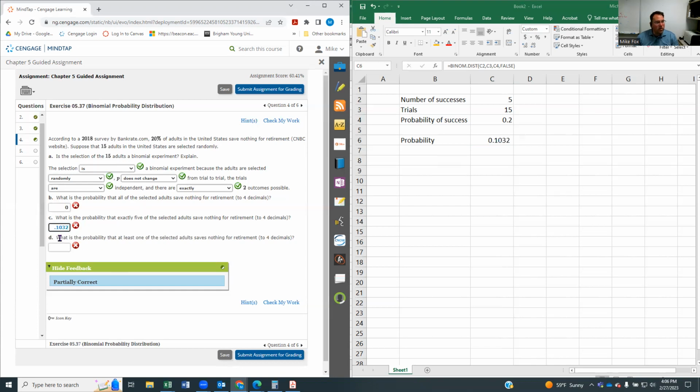And now this last one's a little bit confusing because it says, what's the probability that at least one of the selected adults save nothing for retirement? So at least one means 1, 2, 3, 4, 5, all the way up to 15. The only thing that wouldn't fit in that is 0. So unfortunately, with the binom.dist function, okay, we can't do a certain number or greater. So instead, what we can do is we can say